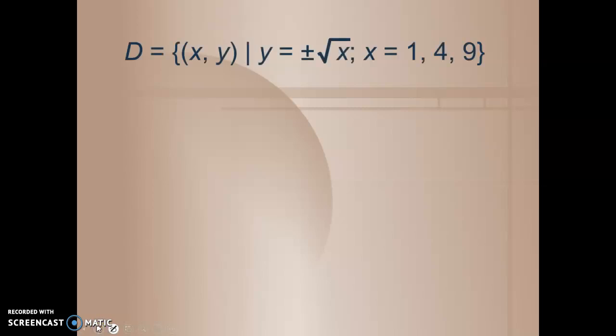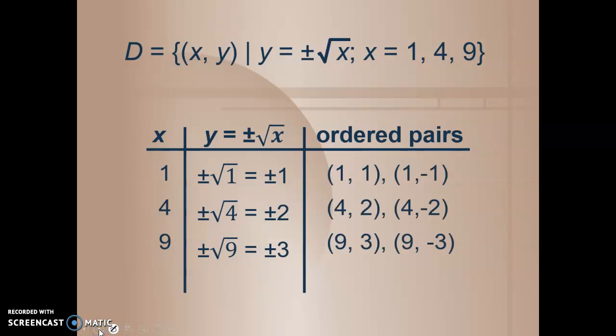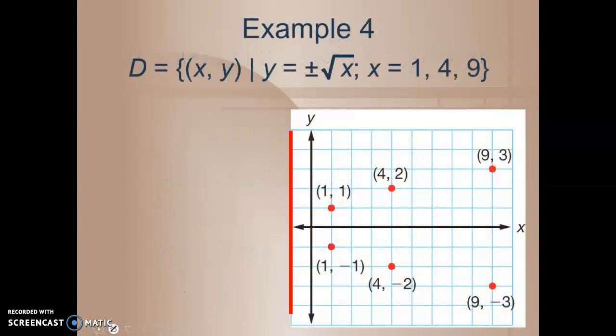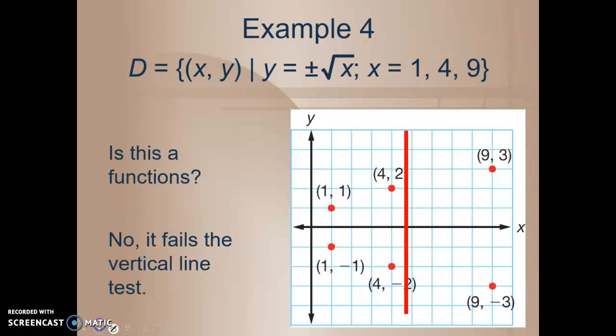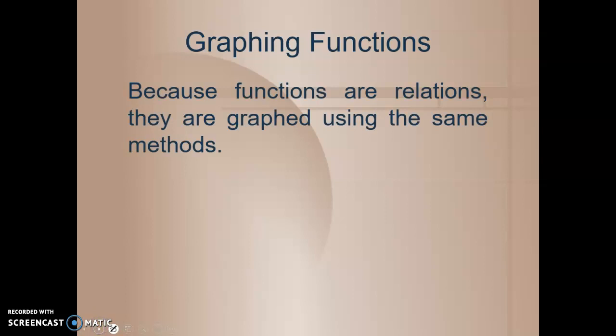What about this function? Y equals plus or minus root x when x is 1, 4, and 9. We saw this on a previous slide, so I'm going to fly through this really quickly here. We come up with 6 sets of ordered pairs. You can see that our x is repeated, so this is not a function. Okay, we're going to plot these points, and it's not a function because x is repeated, and it would not pass the vertical line test. It would pass through that 4, 2, and 4, -2, and all those other lines. Because functions are relations, they're graphed using the same